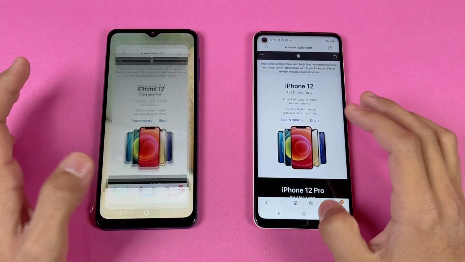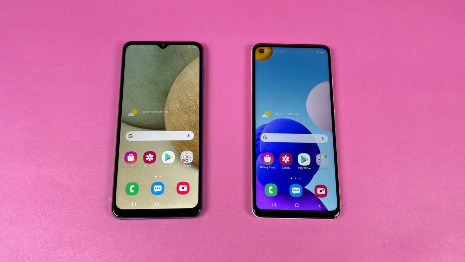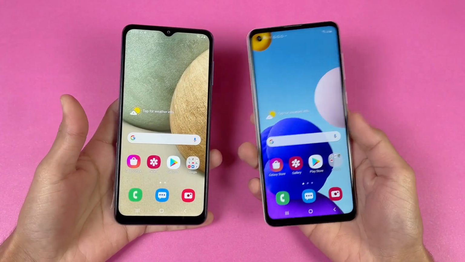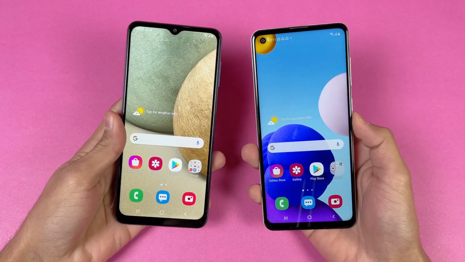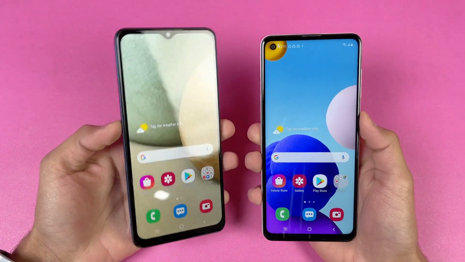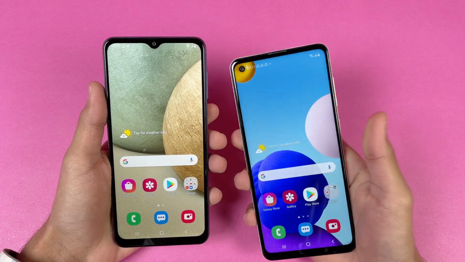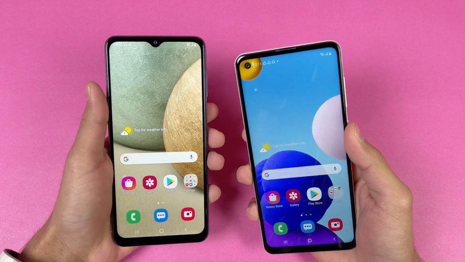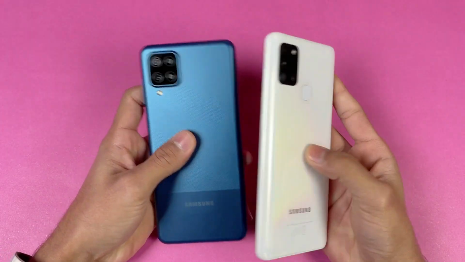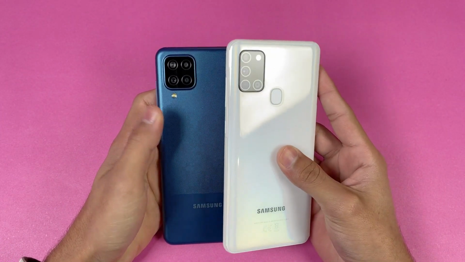Overall, I have to say the app opening speed is a little bit faster on the Samsung Galaxy A21s as compared to the Samsung Galaxy A12, in system-based applications as well as in game loading time. Also, the RAM management is really bad on both devices. I hope the RAM management will be fixed with some software updates in the future. I also like the display quality on the Samsung Galaxy A21s, because we get a punch hole as compared to a water drop notch. And the camera layout looks more beautiful on the A21s as compared to the A12.